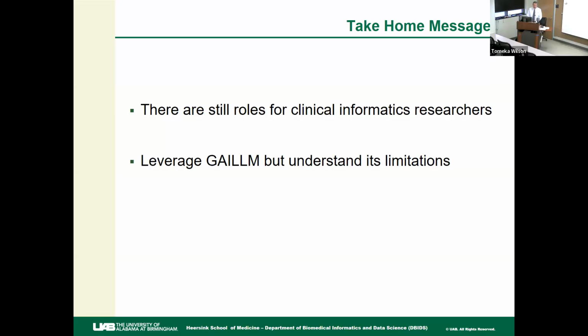Some of maybe Bob knows. Index Medicus was a book published by the National Library of Medicine, and it had all the citations. And they had two books. They had one that was sorted by title. I forget how it was sorted. It was sorted by author. So you could go to the book and look up all the papers by a particular author. And then there was another book, and that was sorted by MeSH term. So you could say, find me all the articles that are about myocardial infarction.